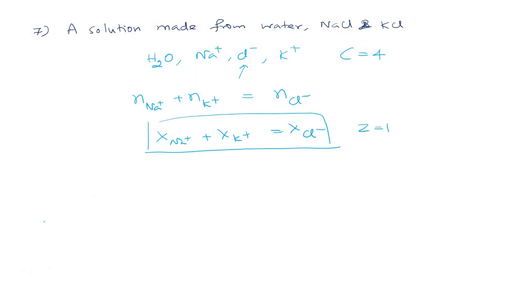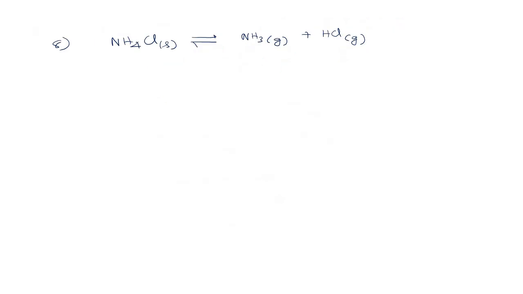additional equation. Therefore number of independent components is equal to number of actual constituents present minus R minus Z. This is the equation. So here we have 4 minus 0, as there is no chemical equilibrium, and we have one additional condition, 1. Therefore the number of independent constituents in this case is 3, right? So this is the method to find number of components.